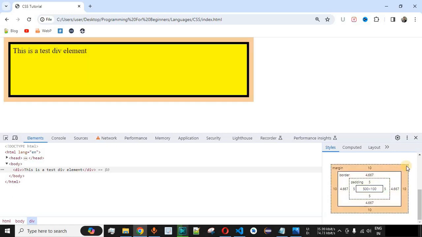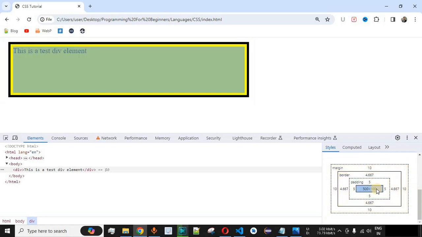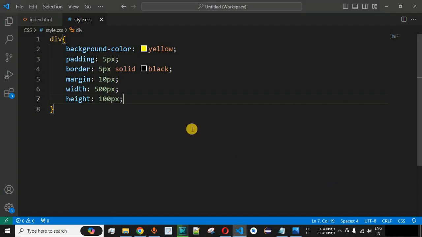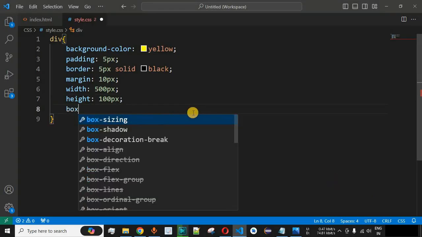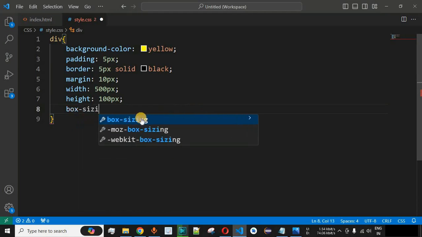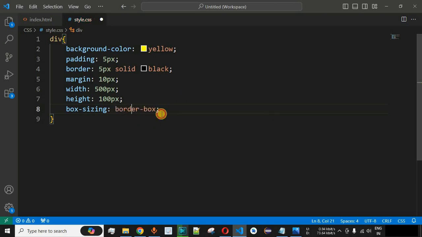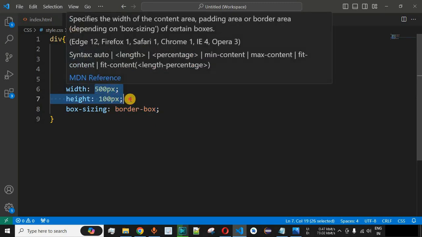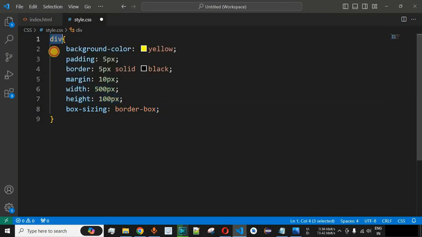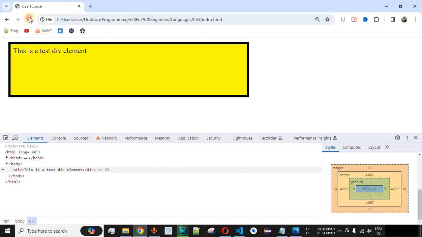Now guys, in order to make the entire box model have the width of 500 pixels and height of 100 pixels, what we can do is we can provide the box sizing property. So over here we have something called as box sizing property in this case. So this is the property that we can use with the value that is border box. So guys, this will tell the CSS in order to have the width and height that is being provided inside this div tag over here to be applied to the entire box model. So let me just save this file now and try reloading this page once again on the browser.